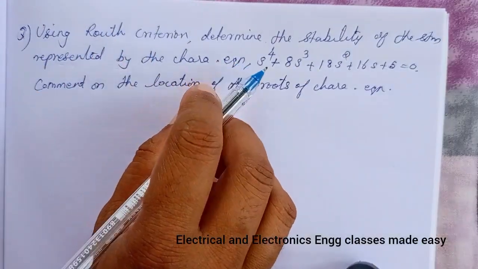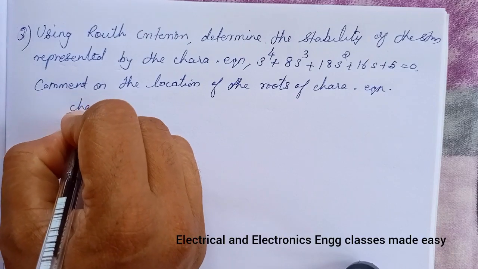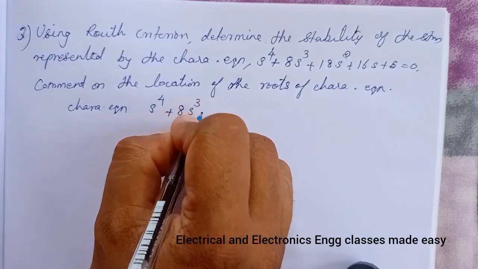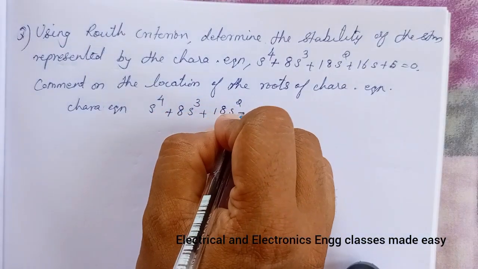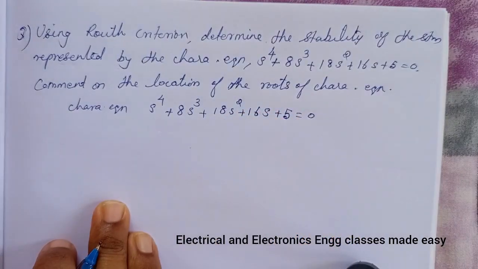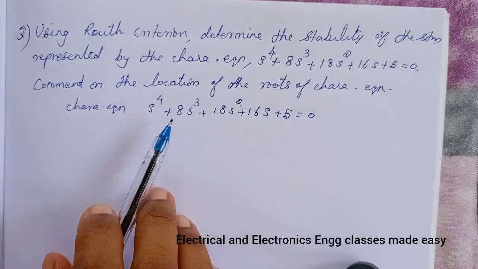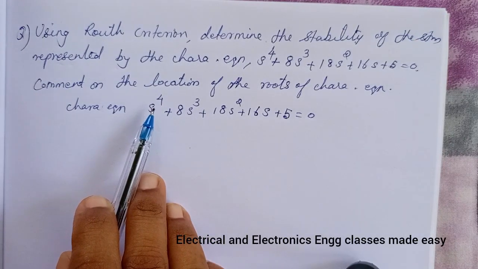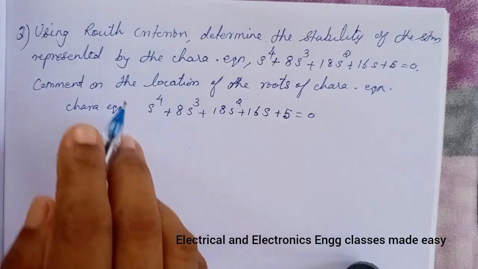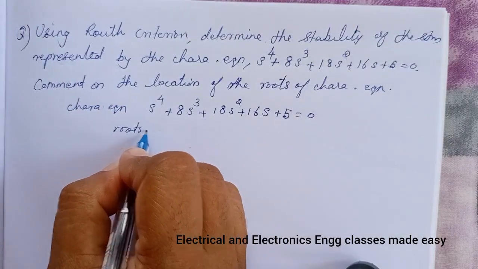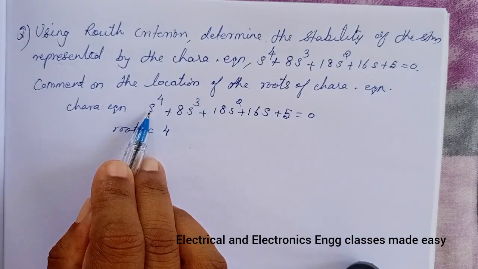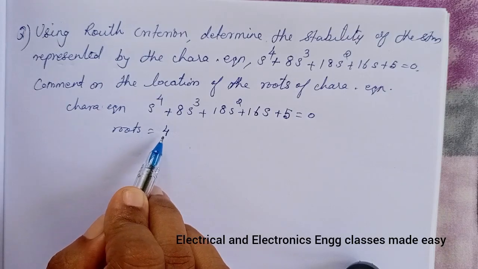So, here the characteristic equation given is s raised to 4 plus 8s cube plus 18s square plus 16s plus 5 equal to 0. And here the order of the equation is 4, so it will have 4 roots. That is, the highest power of s is the number of roots. So there will be 4 roots